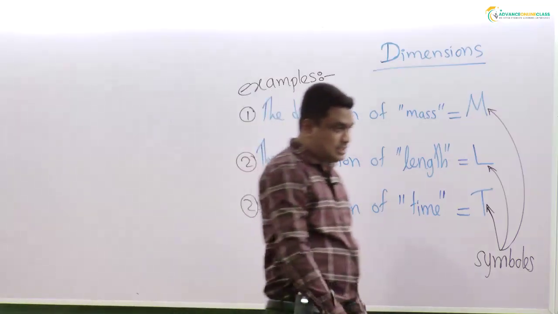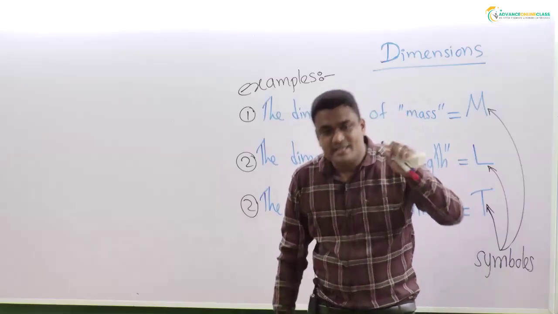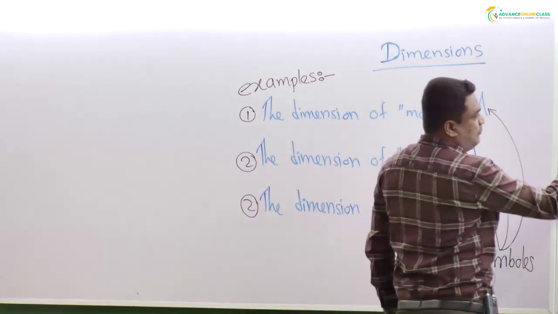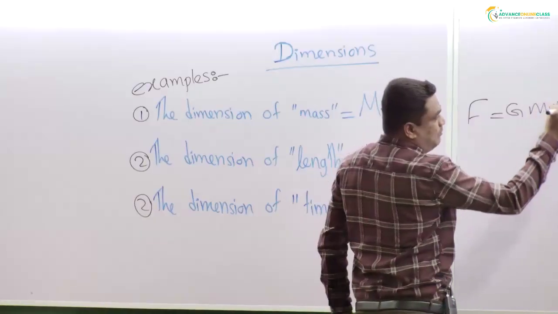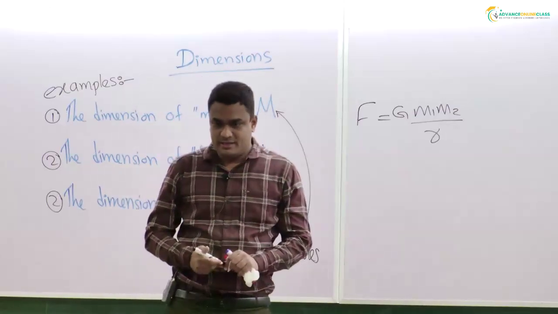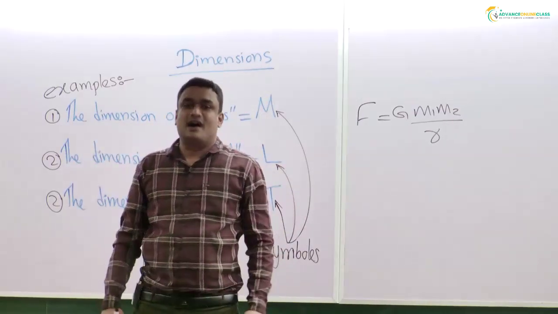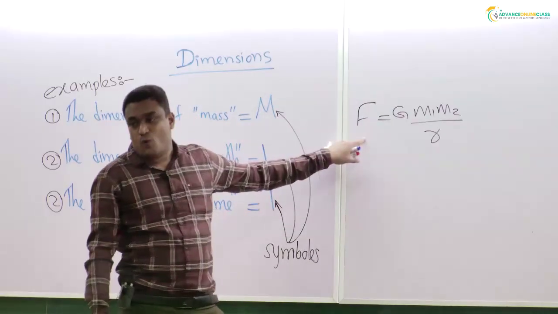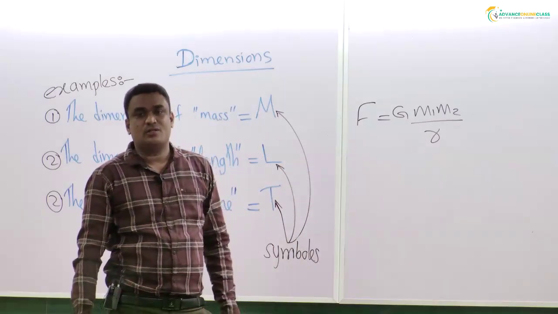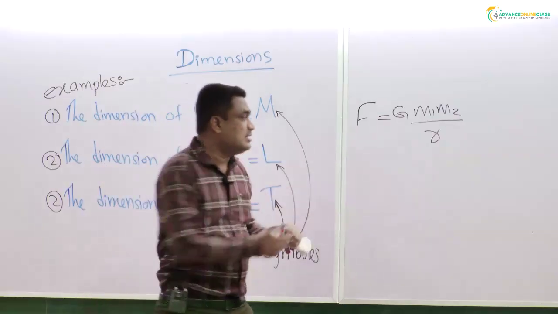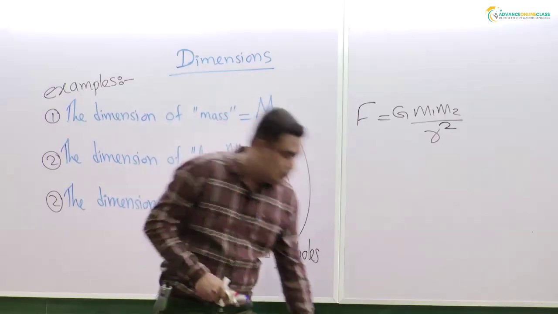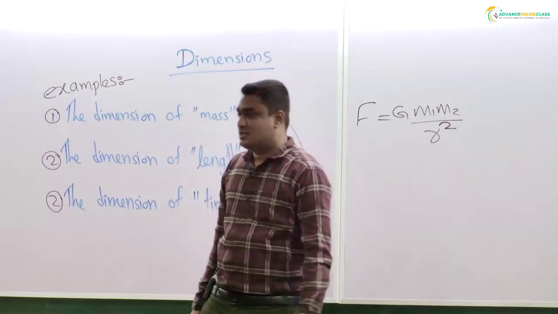In the universal gravitation equation, R square is there. In this equation, we cannot write F equals G M1 M2 over R. It should be R square. Check. Okay, dear. R is the distance between the masses. But to find the force between the masses, we should use the square. Whose law is this? Newton's law of gravity. Newton has given this equation. It should be not R but R square. If we use R, we will get a wrong answer for the force.